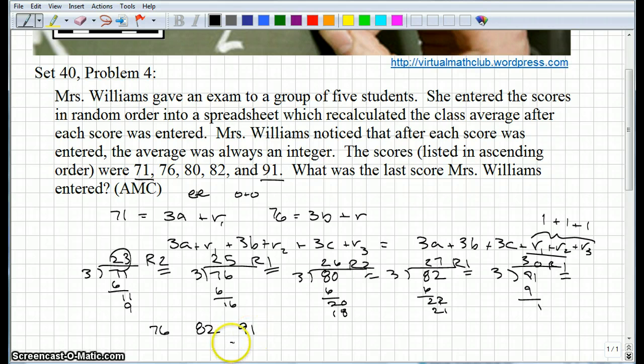Okay? Which tells me that the first 2 have to be 76 and 82, because we know that the sum of the first 2 divided by 2 was an integer. The sum of the first 3 divided by 3 is an integer. And so these are the first 3. And so that takes care of 76, 82, and 91. So we're left with